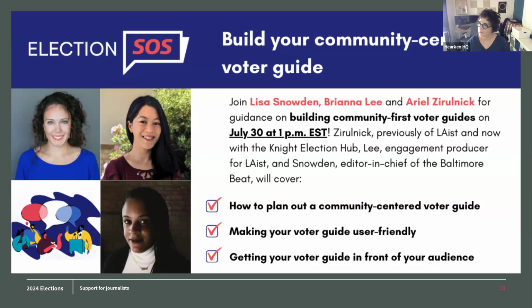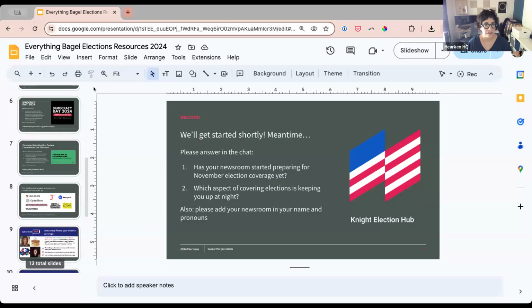All right, well, I'm gonna fade down the Pointer Sisters here. Can't get enough of the song this time of year. And I'm going to get started by just sharing with everyone some amazing election and democracy related free resources for all of you before we get started. Because Election SOS and what we're doing is in a family of efforts from journalism support orgs that I want to make sure you know about, just in case you have to jump early, you have a sense for what is out there for you. We'll also email you the links to all of this stuff in the follow-up email from the webinar.